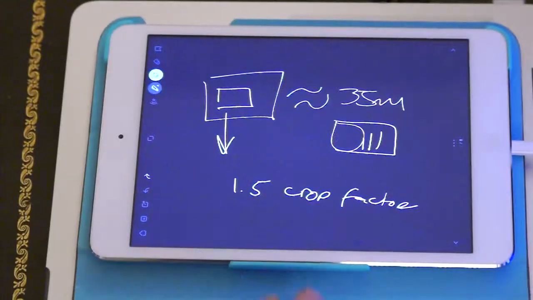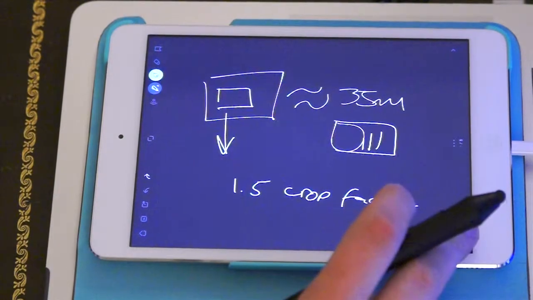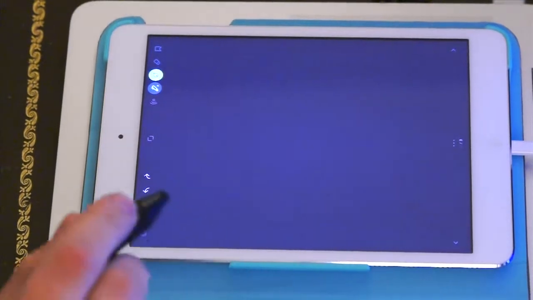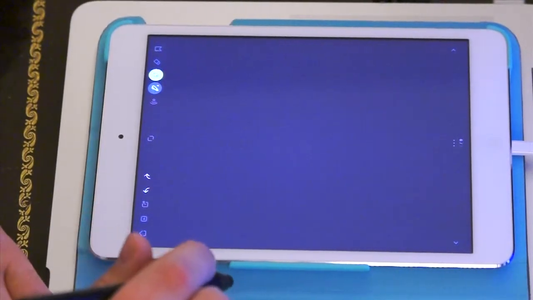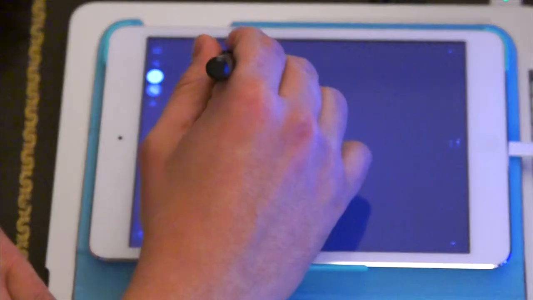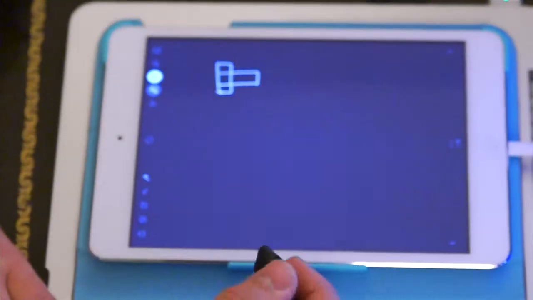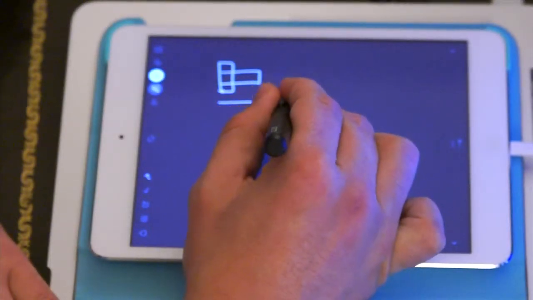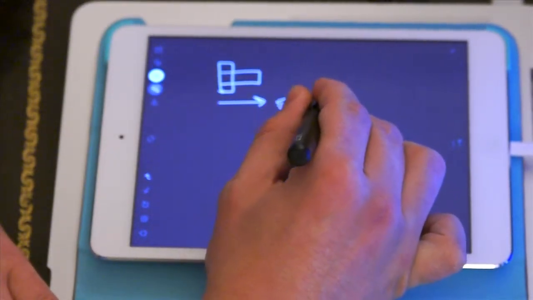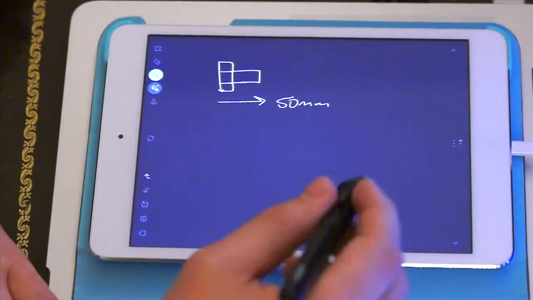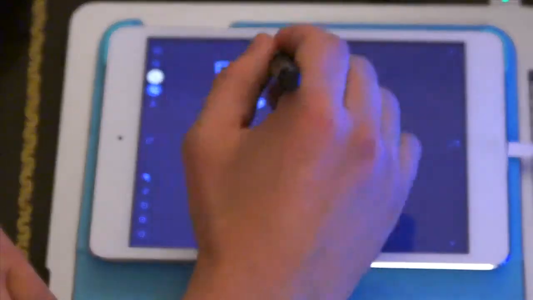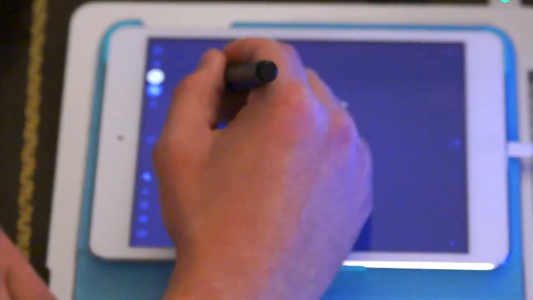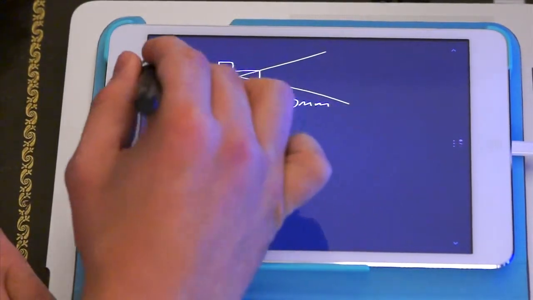So what does all this mean? Well, the big question about what all this means is going to be explained pretty swiftly. First thing is, when you have a full frame sensor, you've got a nice camera, it's got a lens, and it has a focal length. We're going to use 50 millimeters as a general guide because it's going to be easy. On a full frame sensor, there's some light coming in from our subject. Let's erase those two that didn't look anything like what we want. And as that light comes in, it hits